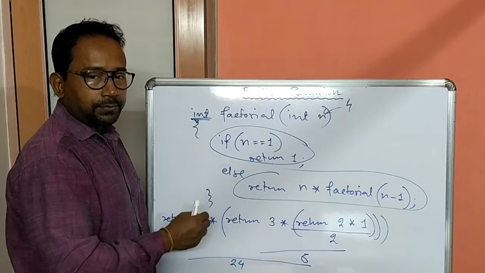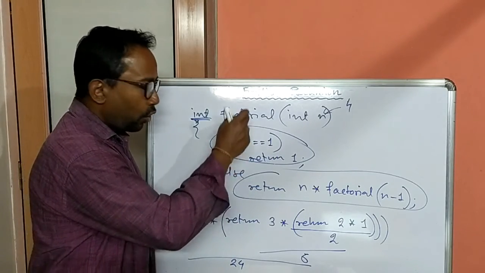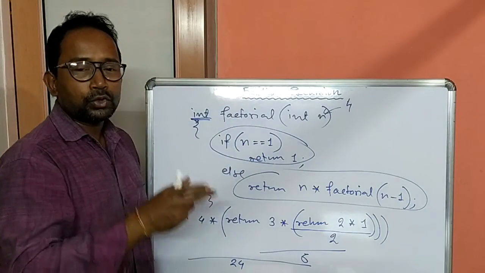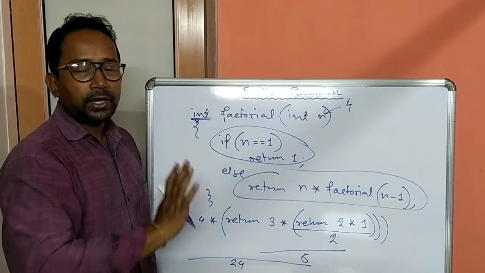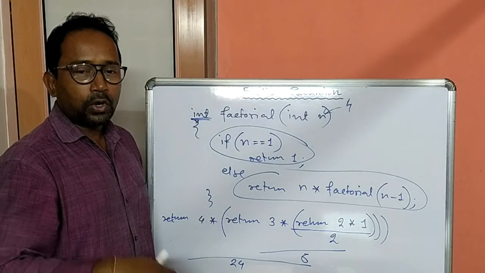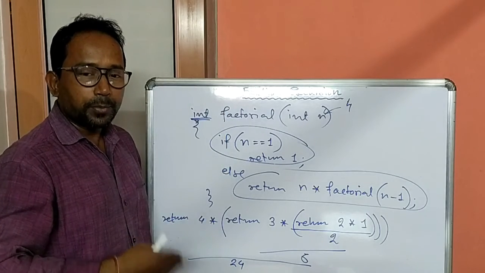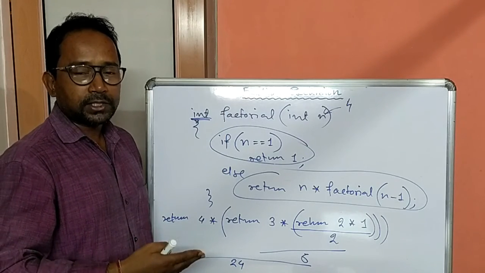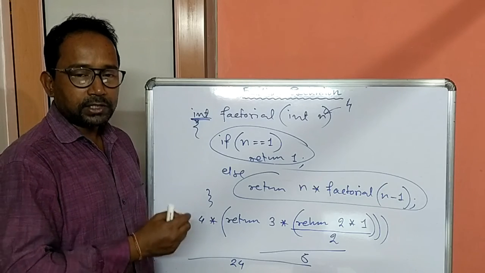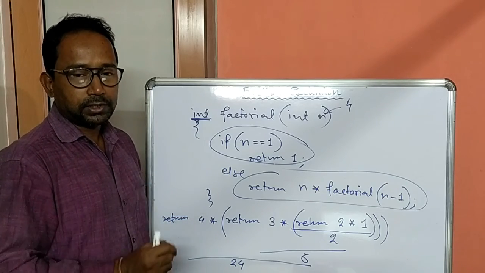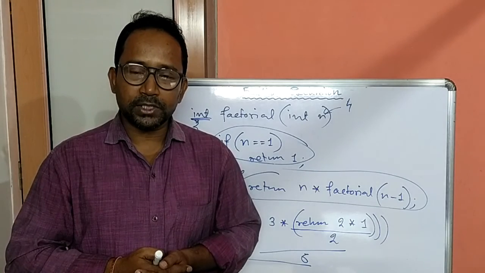Now if a recursive function doesn't contain any base case or the base case never evolves to true, then the function will never terminate. Actually we are calling the function from inside the function repeatedly. So that type of recursion is called infinite recursion, and function is called infinite recursive function. I hope you understood this function recursion.